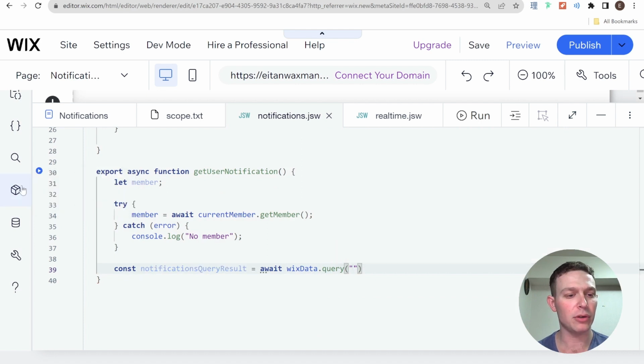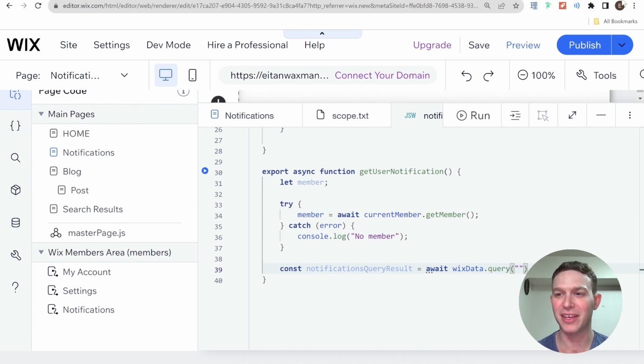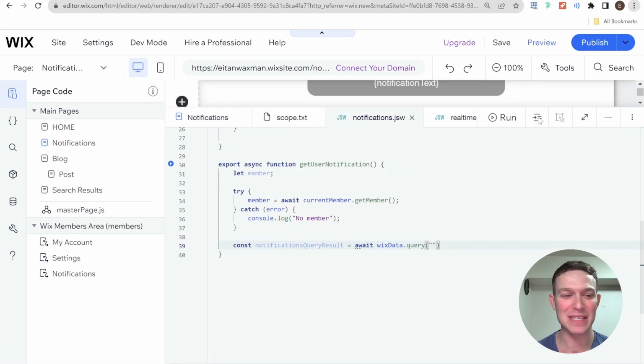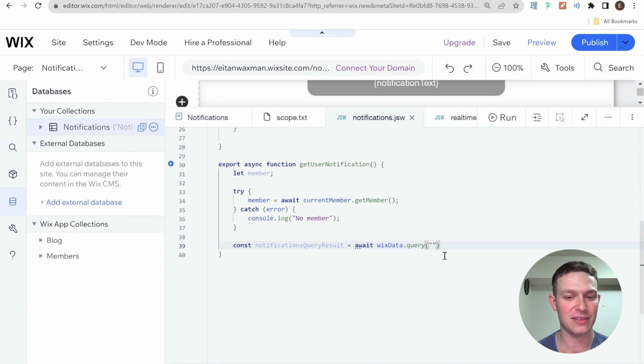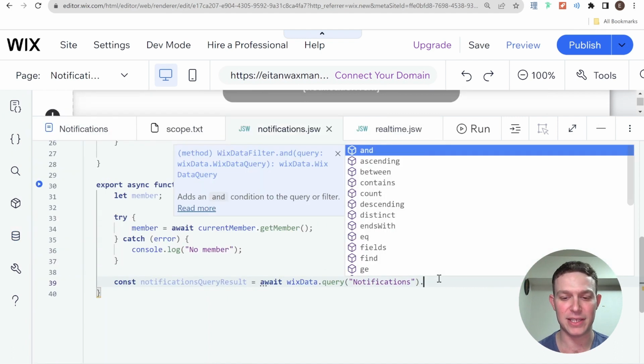And we're going to be querying the notifications collection. I don't know if you could tell that I'm kind of thinking on the fly here in terms of the structure of this function. And sorry, this notifications. And then we're going to say dot,